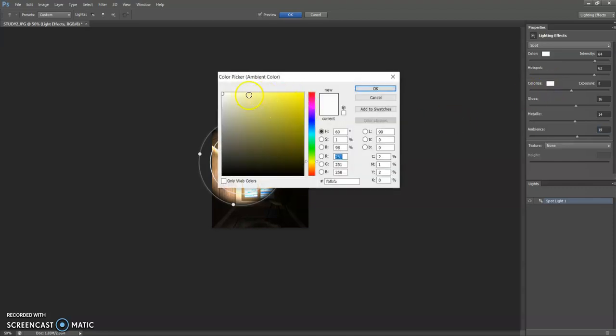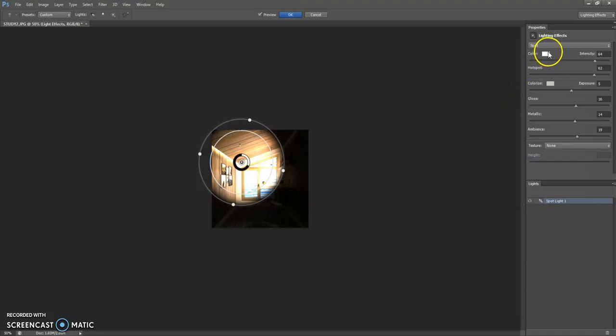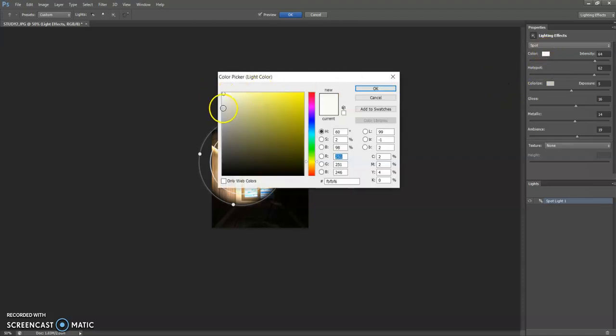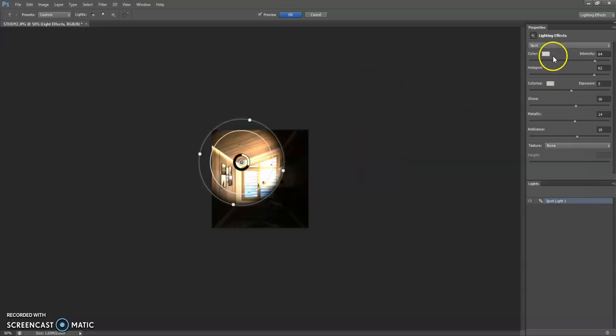You can change whatever color you want, white or a little bit of this color, and change this color also. I don't want to make it white, let it be a little bit of gray color. So the exposure is like this, the texture I'm keeping as none, and the ambience let it be in the middle of 0 to 1.